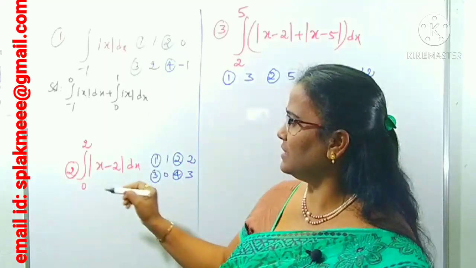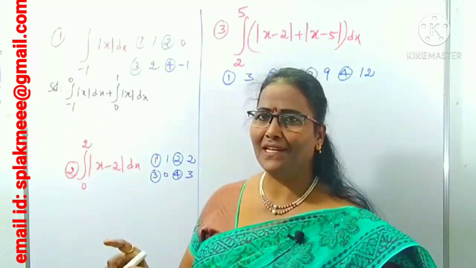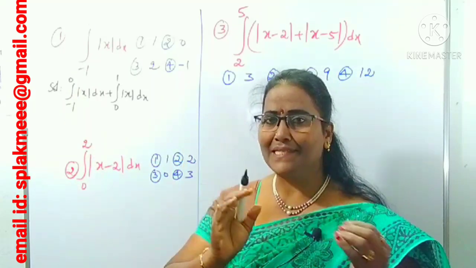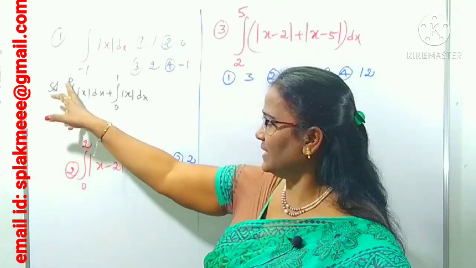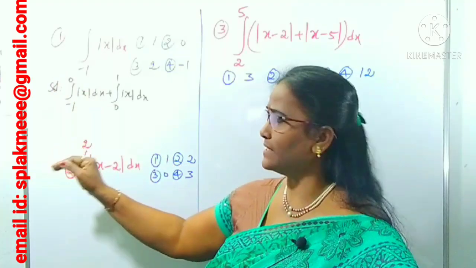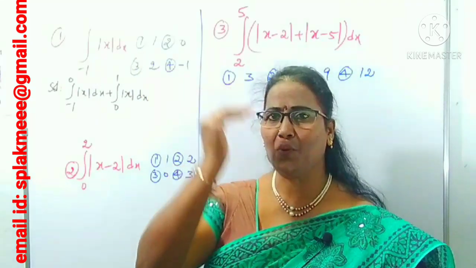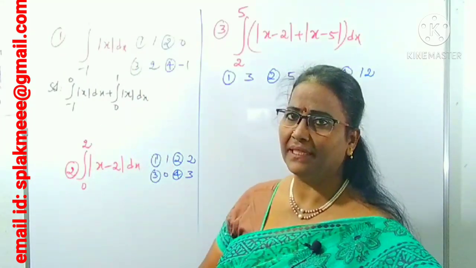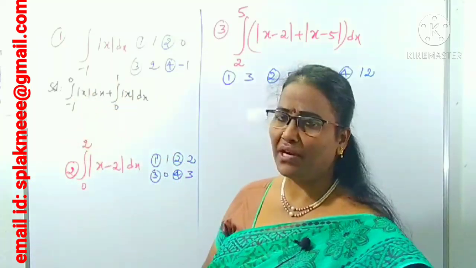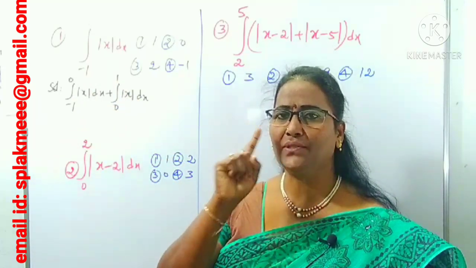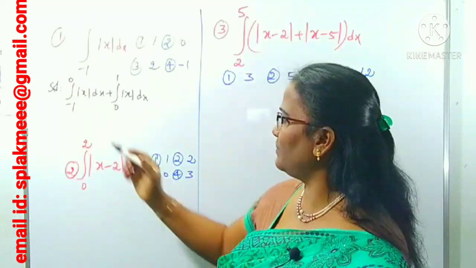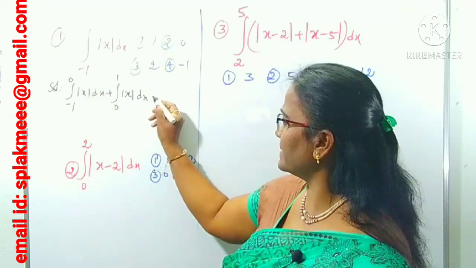Now what you can observe is that from minus 1 to 0, what can you understand? If the limits are from minus 1 to 0 means what? Less than 0. The upper limit is 0. This interval is indirectly less than 0. 0 to 1 means it is more than 0 because 0 is the lower limit. At more than 0, mod x is taken as x. Less than 0, mod x is taken as minus x. We have to concentrate on which point? At the 0 point. Right? Now what can we take here? In this case we can take minus x.